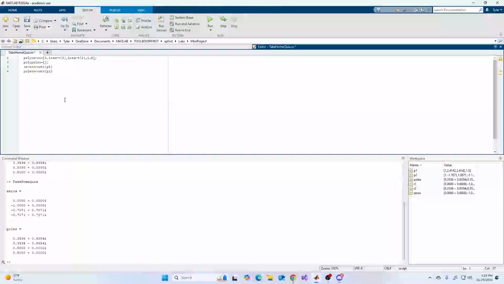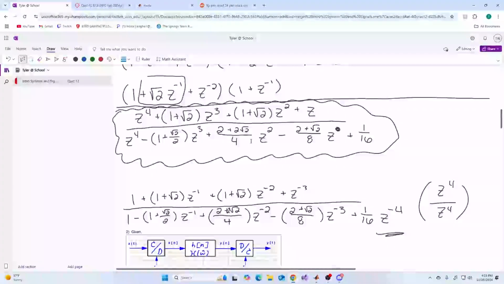Now I do the same thing for my poles. So my poles are going to be what's down here. My zeros are going to be what's up here. So I'm going to have 1, and I'm going to have this negative. I can throw the negative in all of them, or just multiply the whole thing by a -1. I'm probably just going to multiply the whole thing by a -1, just so you know. So let's start off. So I have 1, comma,